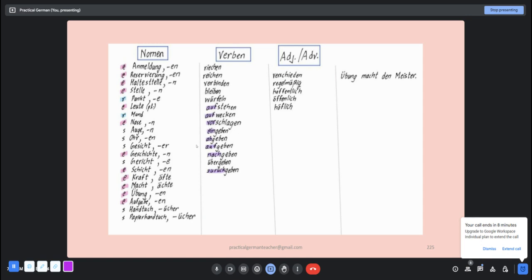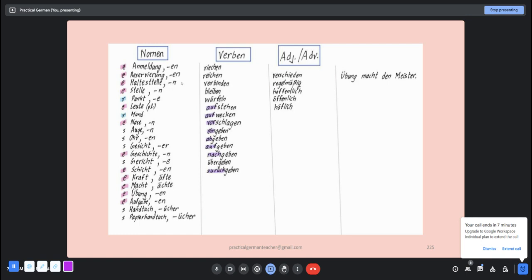So at least add one noun, one verb, one adjective, and one phrase every day in your notebook. Over time, you will have your own private dictionary. Please start reading. It's important that you don't just go to any vocabulary book and start noting. You can do that as well, but it's much more important if you do this actively, play this game in your head. This noun is important, I need to write this down. Continue, please.